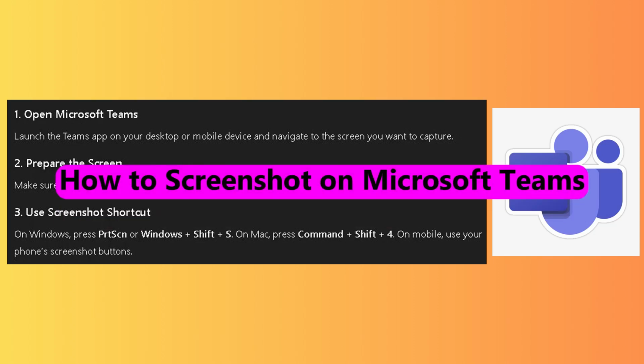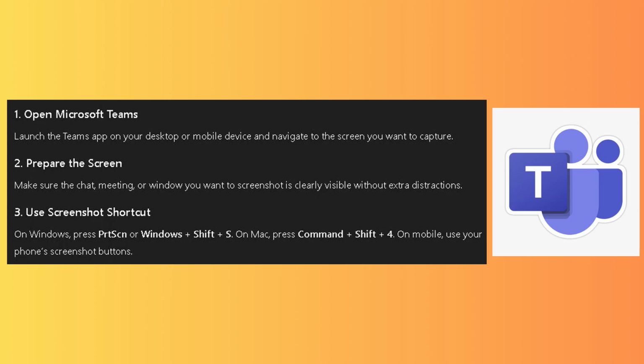In this video, you will learn how to screenshot on Microsoft Teams. Open Microsoft Teams. Launch the Teams app on desktop or mobile device, then navigate to the screen you want to capture. Prepare the screen. Make sure the chat or meeting or window you want to screenshot is clearly visible without any